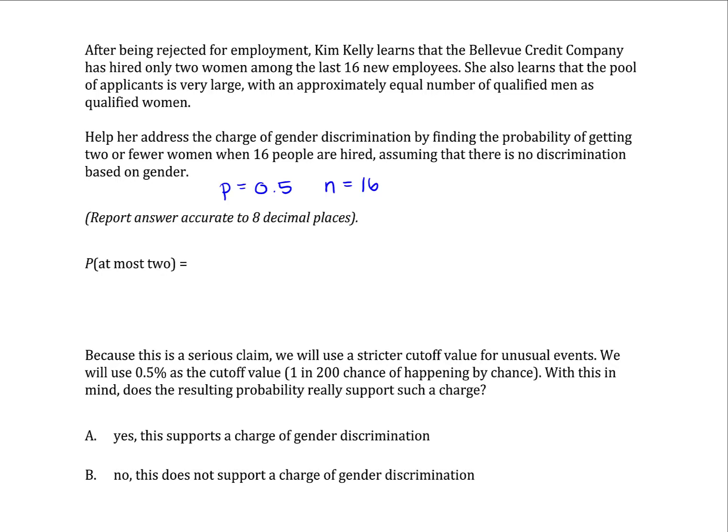So the probability of at most 2 out of 16, that would be 0, 1, or 2. So 0 to 2 women hired out of 16. Now, Binomial PDF would only calculate the probability of exactly 0 women out of 16, 1 woman out of 16, or 2 women out of 16. We could calculate each of those individually and add them together, but the Binomial CDF function,